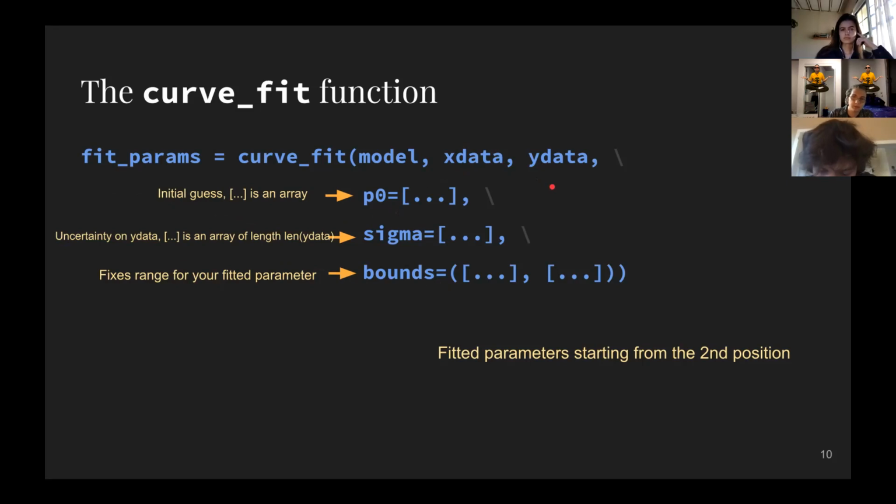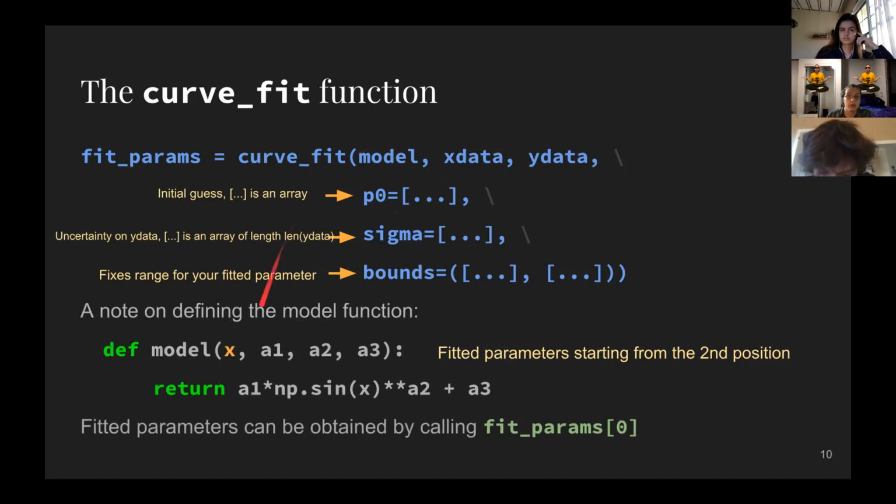Now, on modeling functions. Here's an example of a model function. This is the name of our function with a def statement. And then we see that x is the independent variable. This is different from a parameter when you're fitting a model. x is the independent variable when you go to plot. And A1, A2, A3, these are your parameters. These are your free parameters that can change from your curve fit.